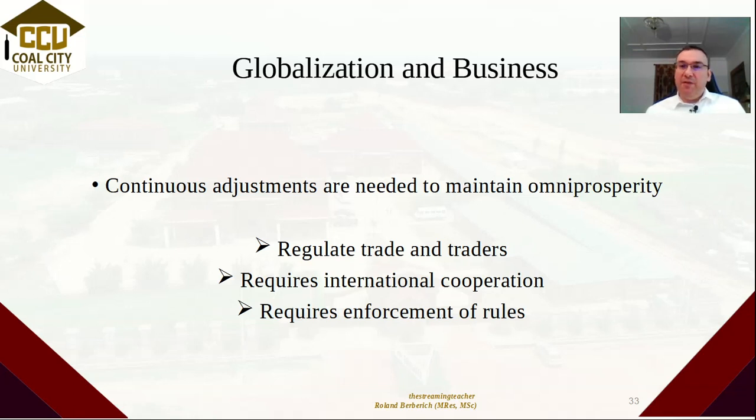If any player, whether it's a country, an organization, or an individual, breaks the rules, they need to be punished for breaking the rules. If they don't get punished, other people see, well, why is this person, why is this company, why is this country not being punished for doing bad things against what we agreed on? And this will lead to an increasing number of individuals, companies, and countries behaving in a bad way. So without enforcement, rules don't mean anything.